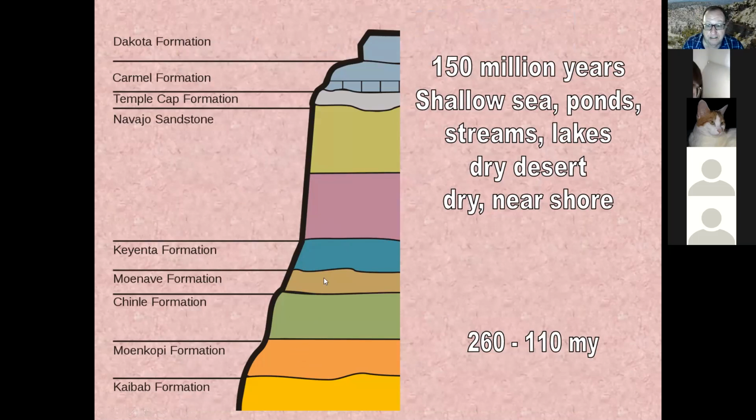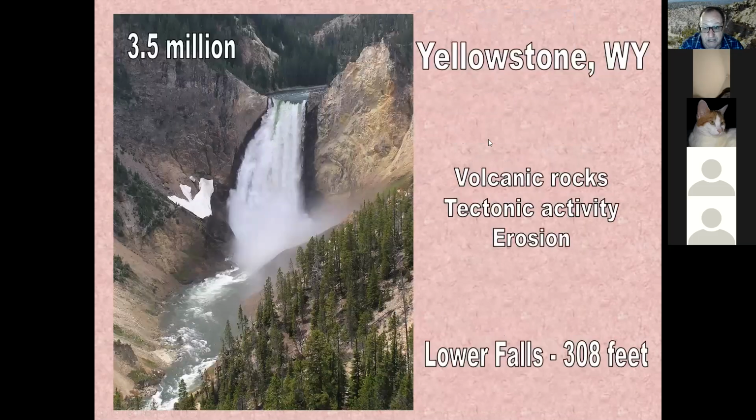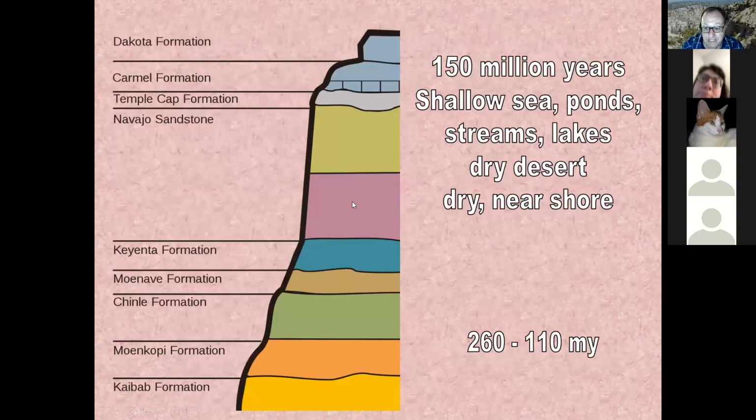Again, most of it sedimentary from shallow sea, ponds, lakes, even a dry desert area with the sand dunes now formed into sandstone. So Zion actually has a pretty incredible